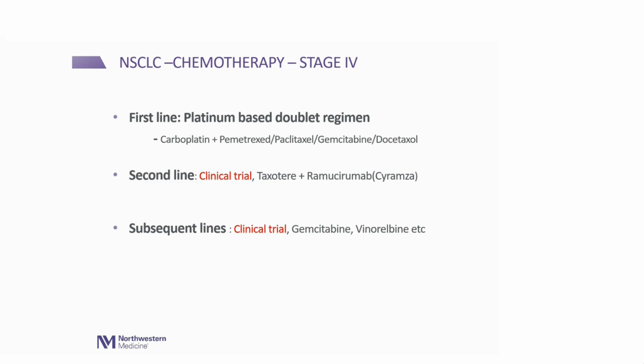Remember, I said for stage 4, you have to stay on treatment long term. So if the disease grows through one treatment, we move on to the next treatment. Taxotere ramucirumab. Some of you may be familiar with this. This is a standard second line we use for non-small cell. Or clinical trial is always encouraged because that's how new drugs get FDA approval, only when you study it in the form of a trial.